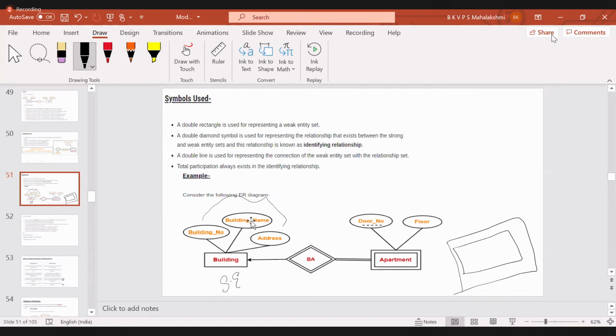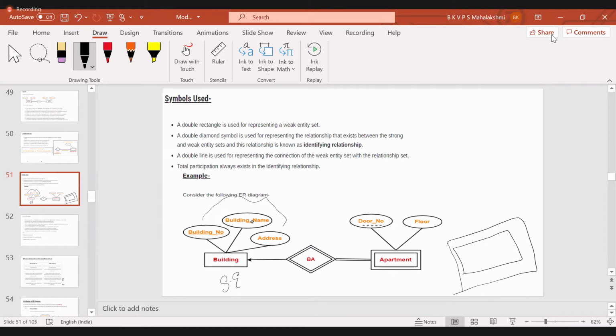But under the building name, the values will maybe be redundant. Redundant values will exist in the building name, so we cannot make this the important one. It is an attribute, a feature of the entity, but we cannot make it the key because it has redundant values. If you have constructed four to five buildings and put the same name for two buildings, then redundant data will be there.